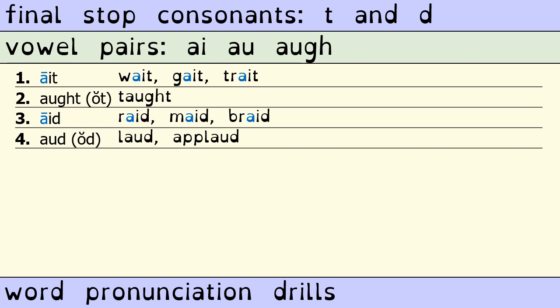Trait. 2. Ought. Taught. 3. Aid. Raid. Made. Braid. 4. Aud. Laud. Applaud.